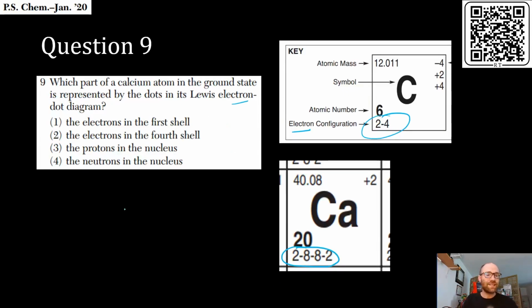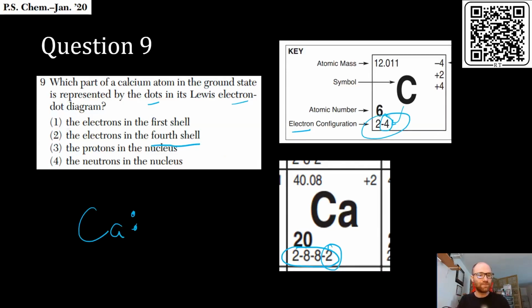For the Lewis dot diagram, we are always showing the element symbol, which counts for all of the protons and neutrons in the nucleus and all of the inner electrons, and then we're going to put 2 dots. Why 2? We're only showing the outermost energy level of any atom. If it was carbon, we'd be showing 4 dots. So really the dots in the Lewis dot diagram are showing the outermost electrons, which in this case is the